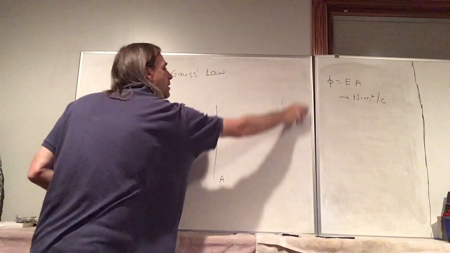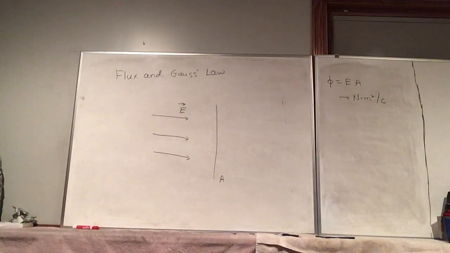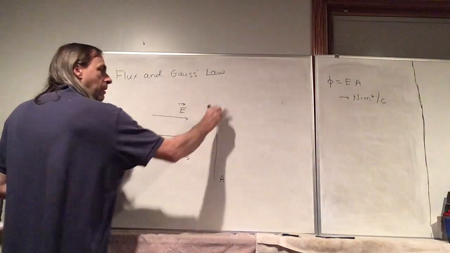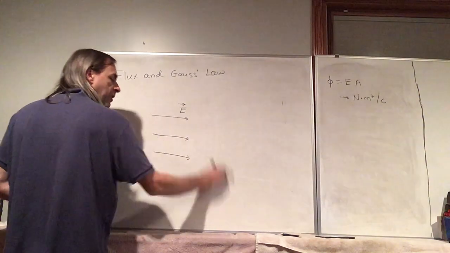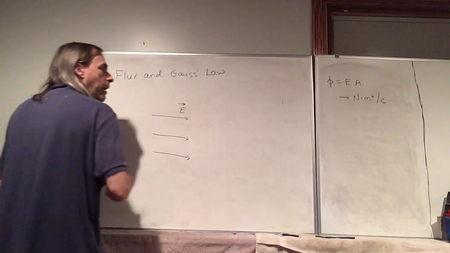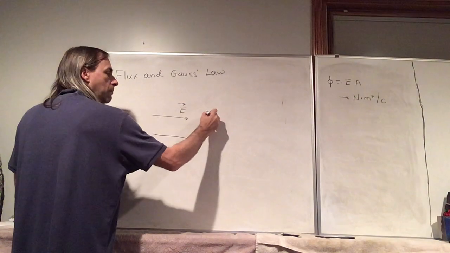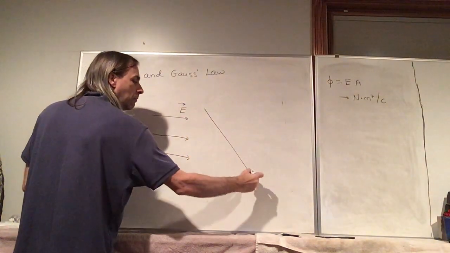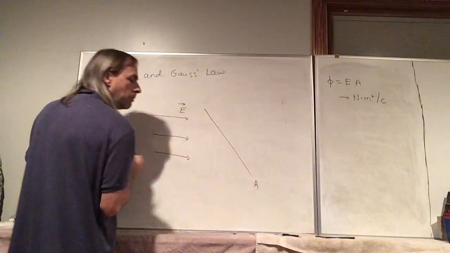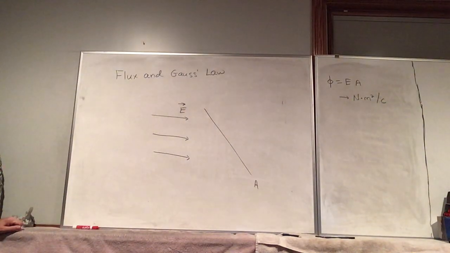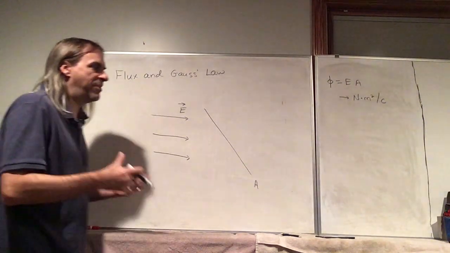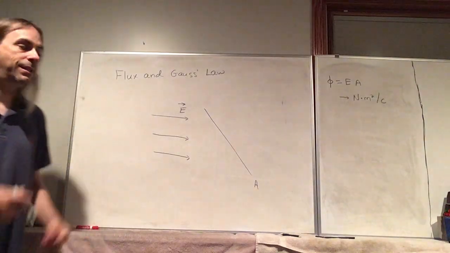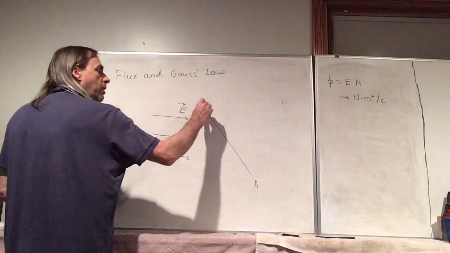Let's complicate things a little bit now. Let's say we take that same surface with an area A and we rotate it. So that's its area A. But now we're going to get a smaller flux through this surface, because if we stick with this intuitive notion that it's a number of field lines that cross the surface,